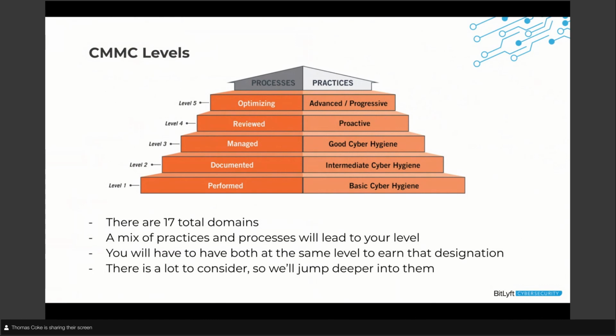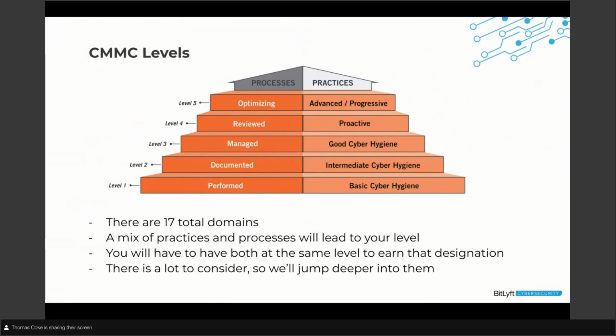When it comes to the practices, if you want to move from basic cyber hygiene to advanced progressive cyber hygiene, there's a number of practices that have to be in place. The numbers are actually pretty dramatic. At level 3, which I mentioned was the one that most people will fall in, it's well over 100 actual practices that have to be in place, some of which, again, you're probably already doing today, but some of which will be new. Whereas at the bottom, I believe it's 17. It's a much smaller number. So there is a big jump, and it can be somewhat costly.